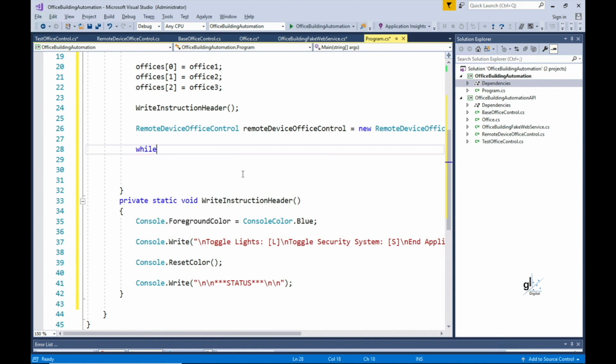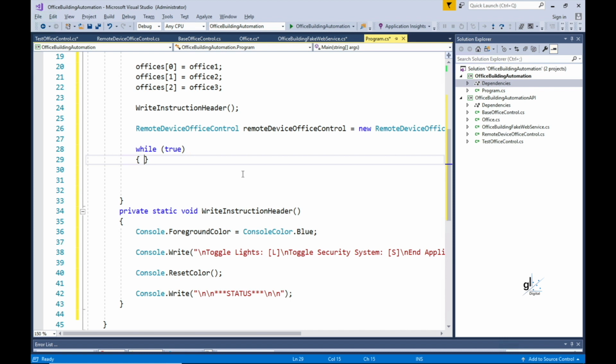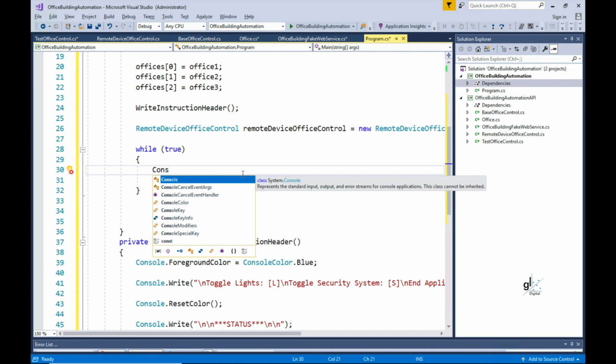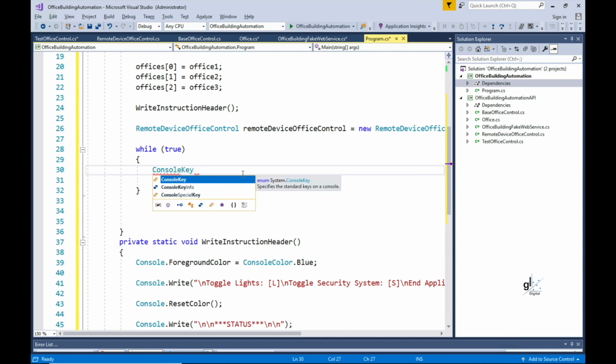Let's then create an infinite loop. We'll use a while loop for this. This loop will continue to iterate indefinitely because the termination expression always returns true. This infinite loop will allow us to keep the code running until the user terminates the application by pressing the